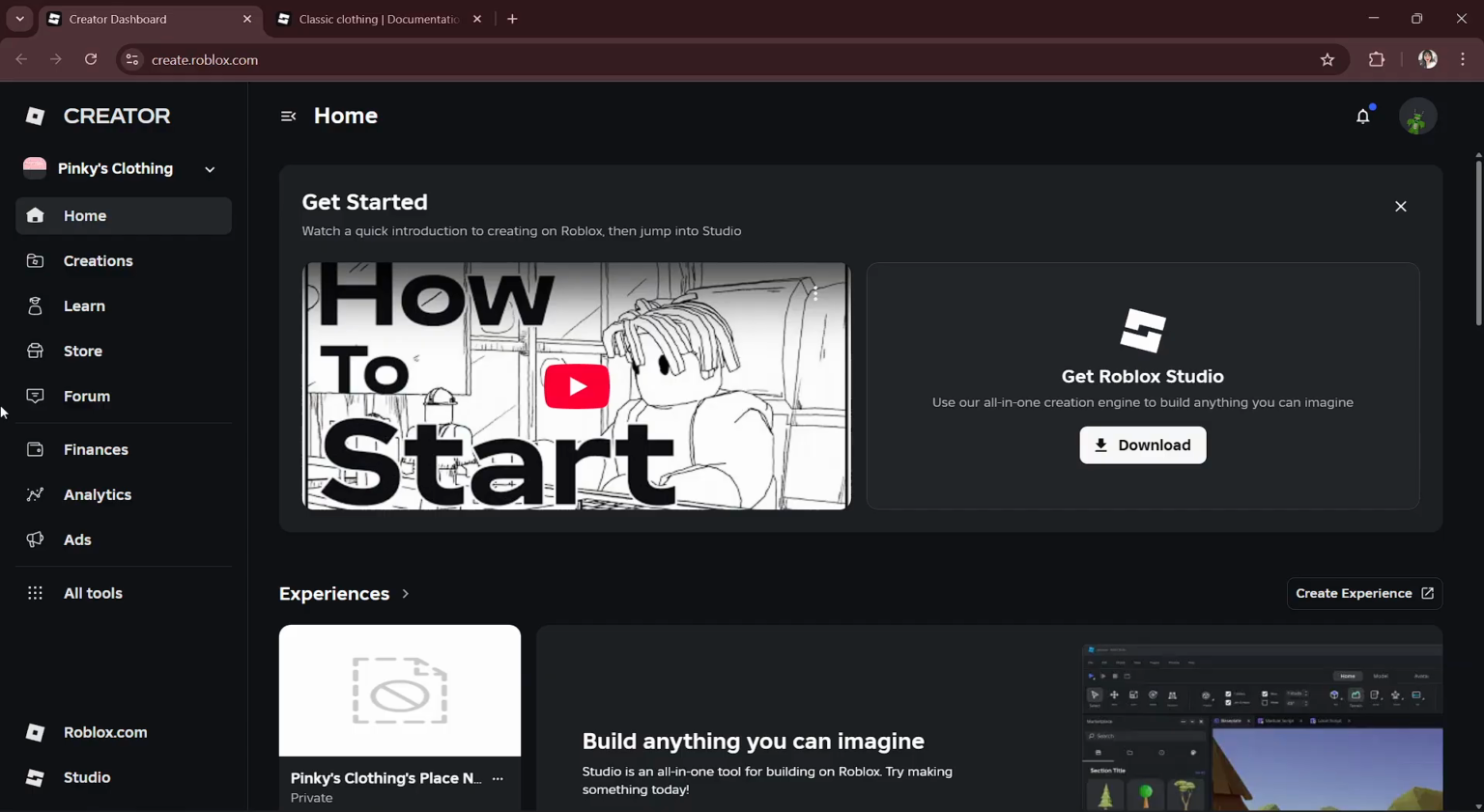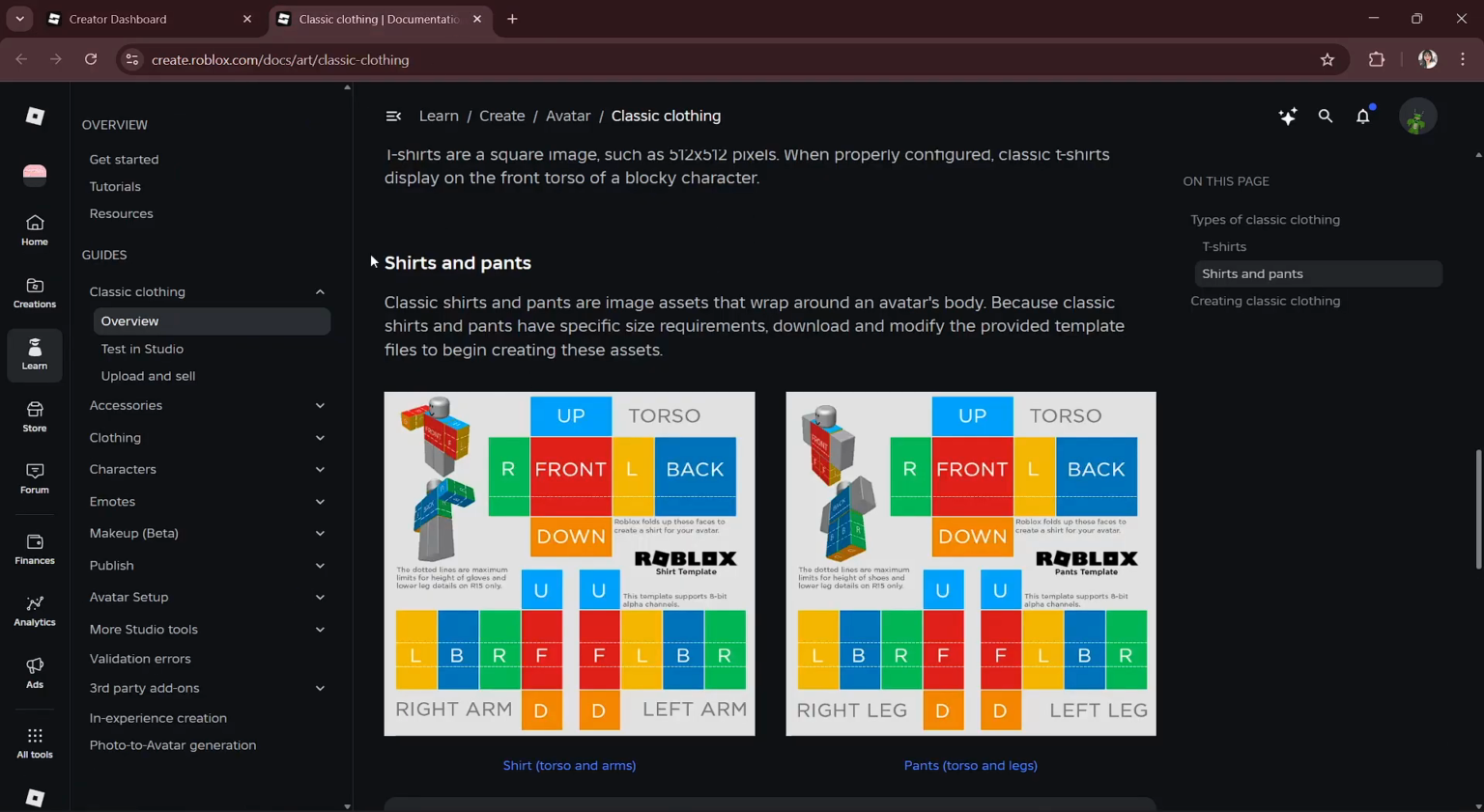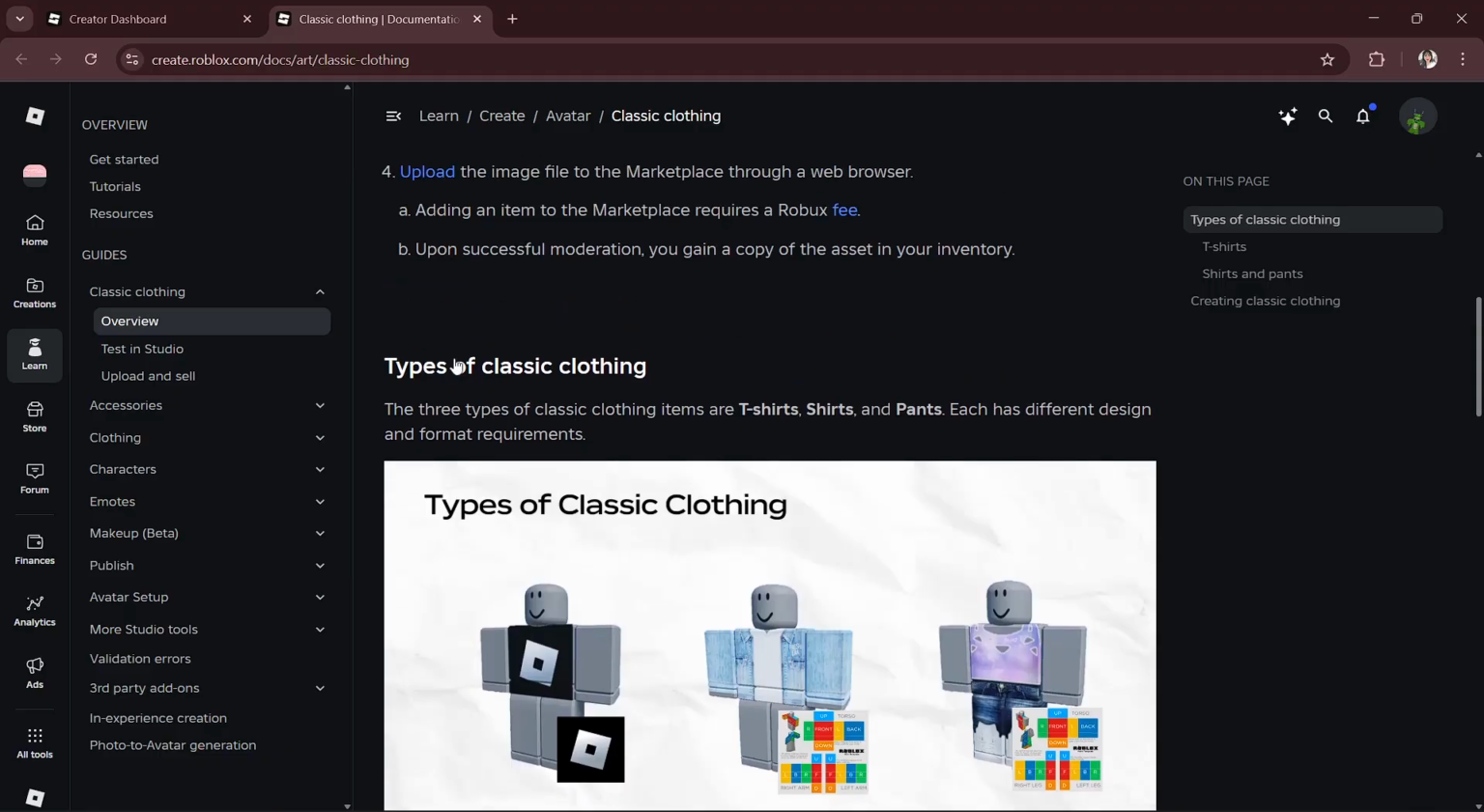In this video, I'll give you a quick guide on how you can make a shirt in Roblox. So please listen carefully to each step that I will be explaining because I will describe everything clearly so you can follow along. The first thing that you will have to do is pick the